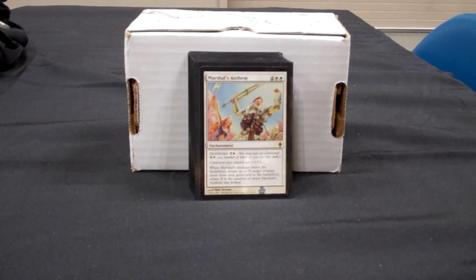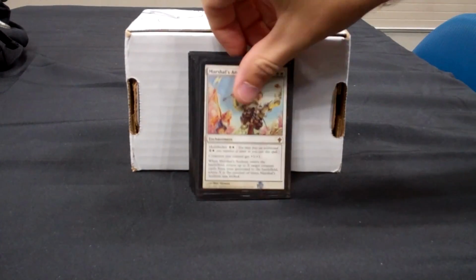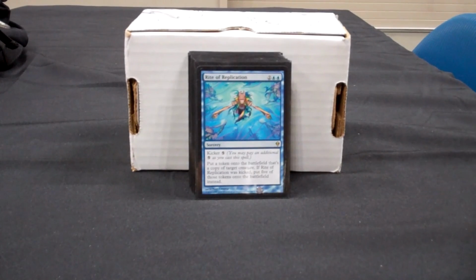Another recursion, Marshall's Anthem. I've actually cast it for a lot in Commander, and it's pretty fun. It doesn't matter for the Anthem aspect, whatever, but the recursion's the big reason it's in. Rite of Replication. I had a couple final slots when I was building the deck, and like I said, my theme was to blow up the world, but I wanted something more fun that allowed kind of funky stuff to go on. So,